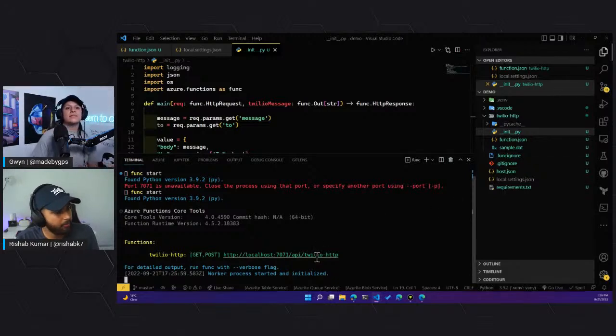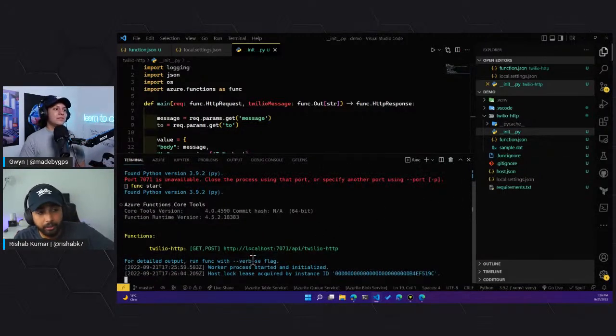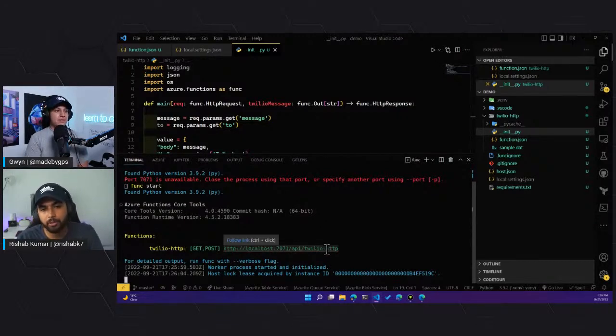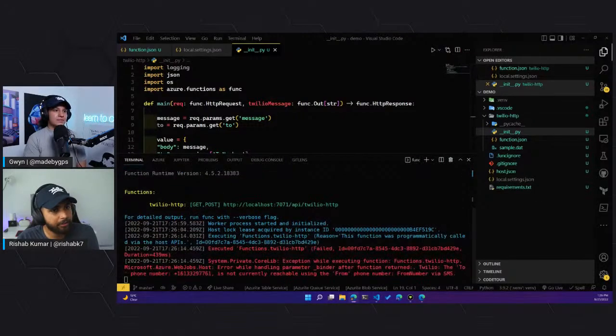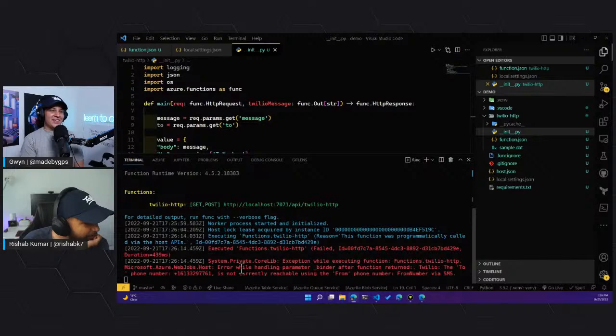So we have it running on localhost 7071/api/TwilioHttp because that's what our HTTP trigger was named. If we click this, we are seeing some errors. What do we get? Phone numbers not currently reachable using the from phone number.